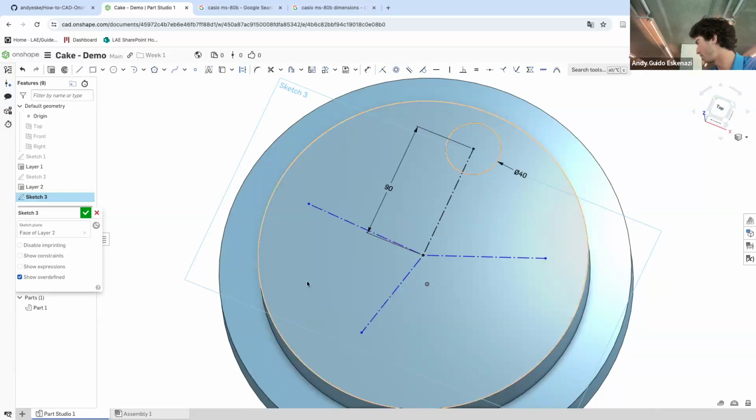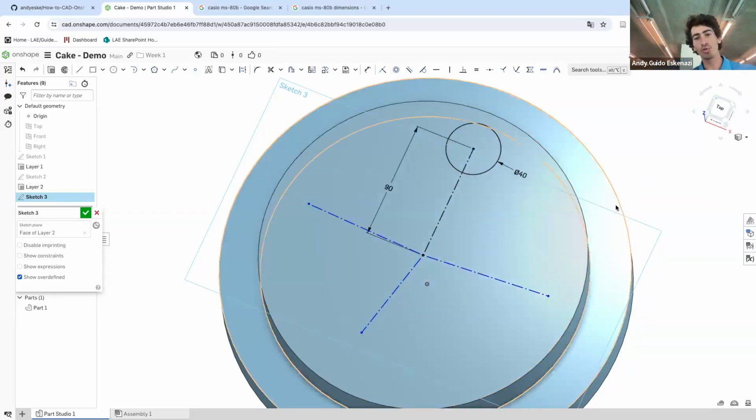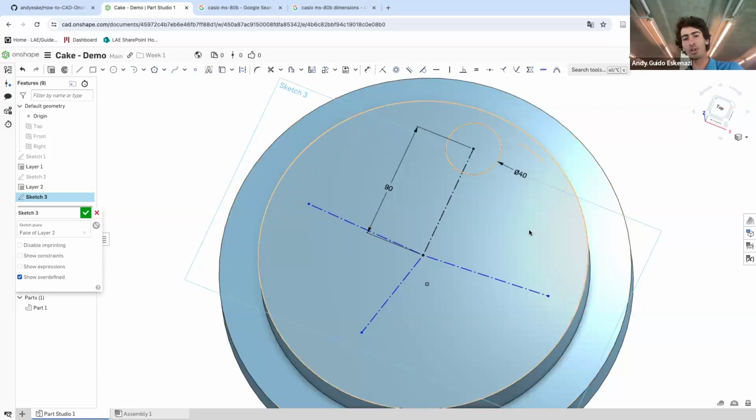So you see how it becomes that. Now, as I was saying previously, these lines are all blue. What it means is that I can drag them around. They're not fully defined. So just as a practice of the things that we just learned, I can